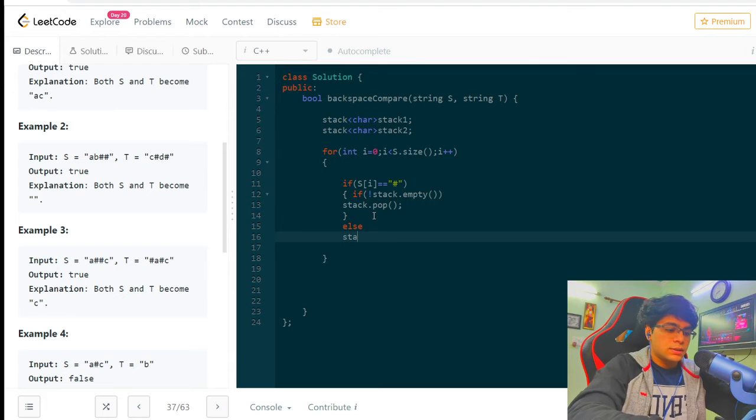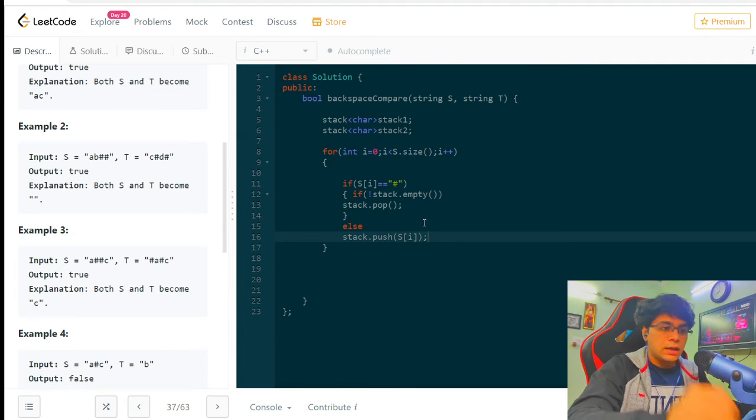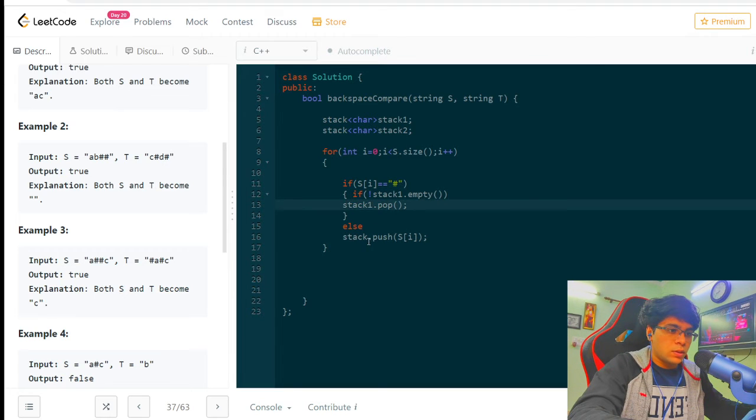Else stack dot push s of I. That's it. This would make my first stack. And guys, it was my stack 1, so I have to put stack 1, stack 1, stack 1. Okay, and I will copy this,